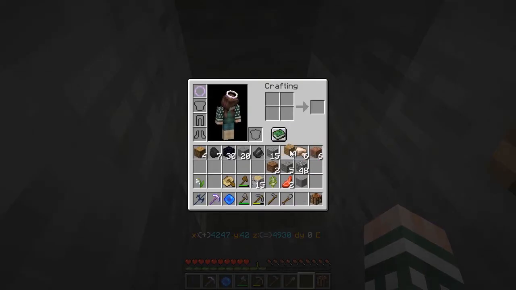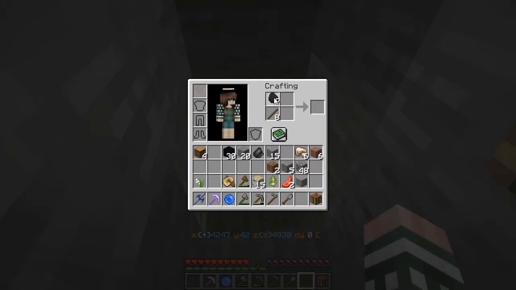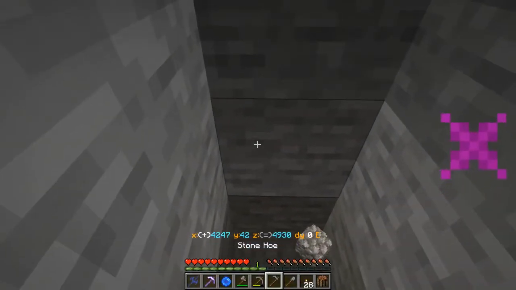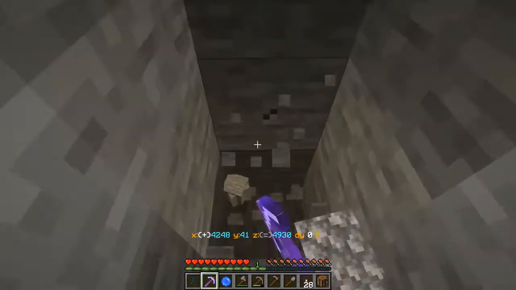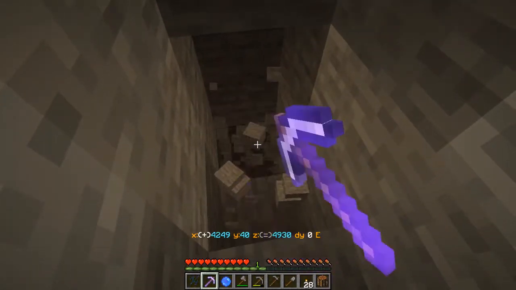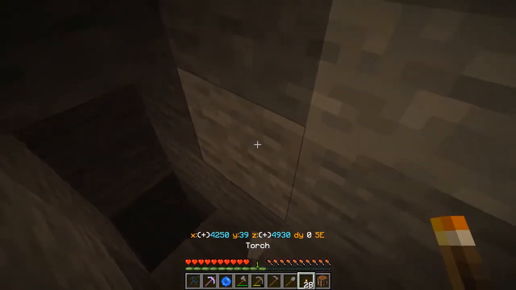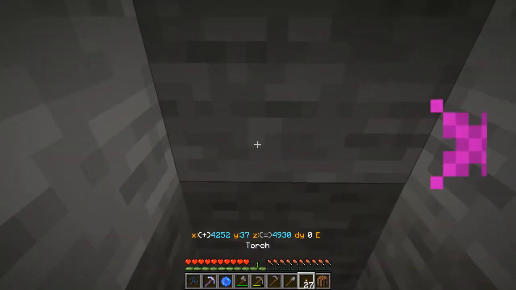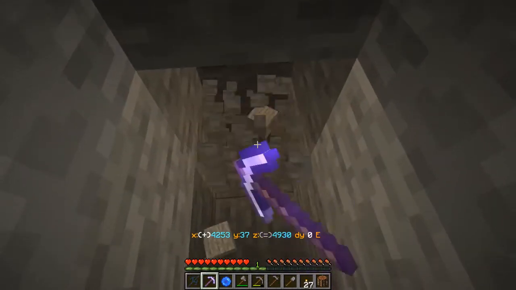There we go. Well, I guess I'll need a little bit more coal at some point. Actually, no, let's not worry about it. I made a stone pickaxe, but it's not really all that necessary. Actually, I will be needing it if I'm trying to do some types of mining operations. Might make that a more useful one. But obviously, the iron one would be useful for